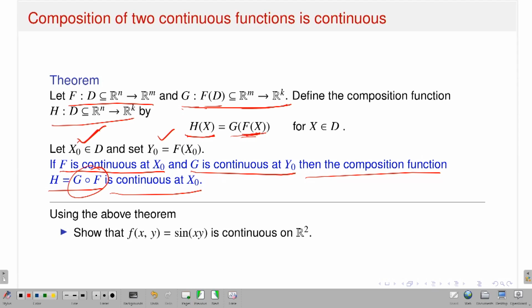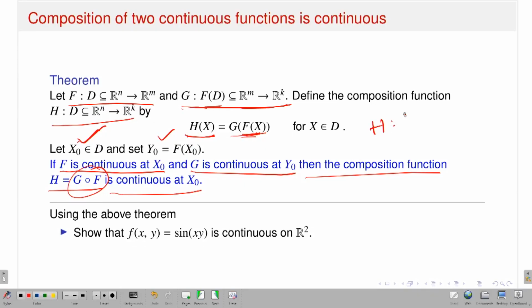So that means if I take two functions capital F and capital G, and consider the function g composed with capital F, whenever it makes sense, then if capital F is continuous at x naught and capital G is continuous at y naught, which is nothing but f of x naught, then I can say that capital H, the composition function, is also continuous at the point x naught,